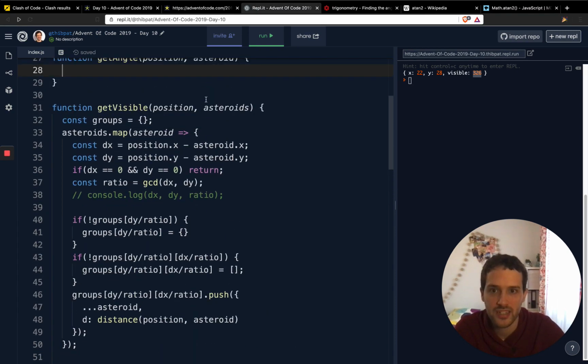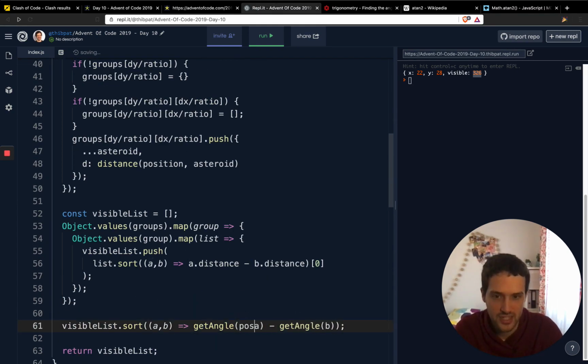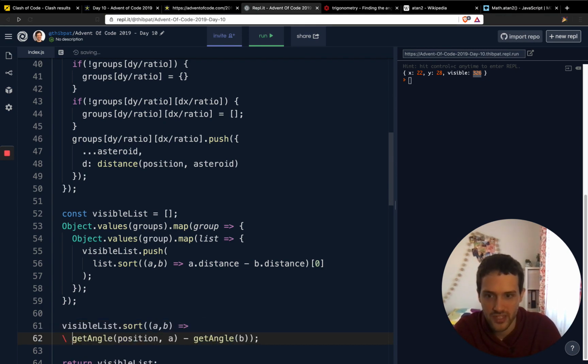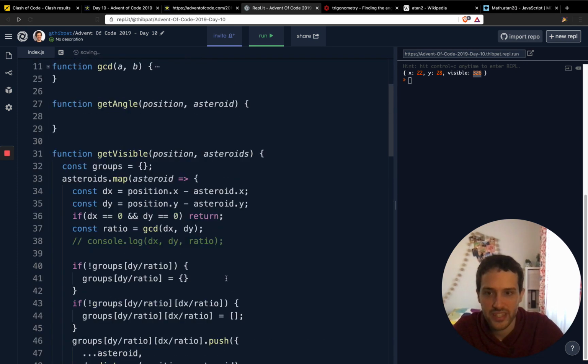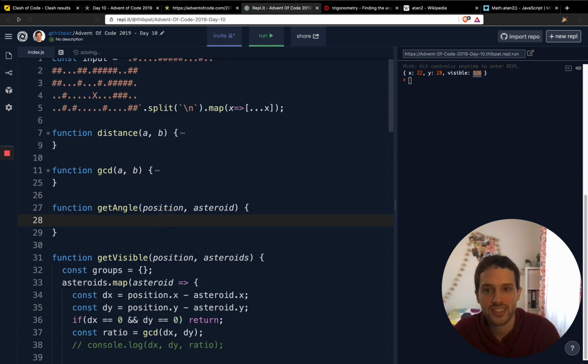We need position and the asteroid. So this is position A minus, let me do a line return here to make this more readable, and position B. So how we do that is we do,